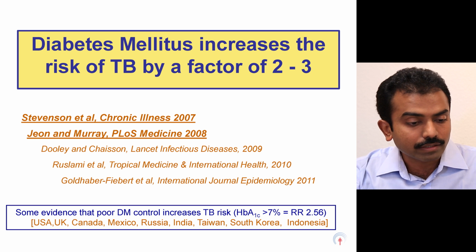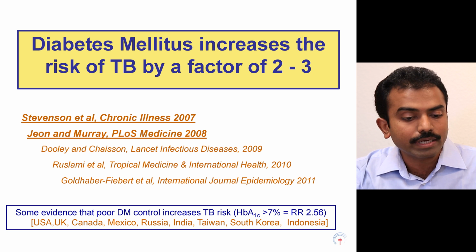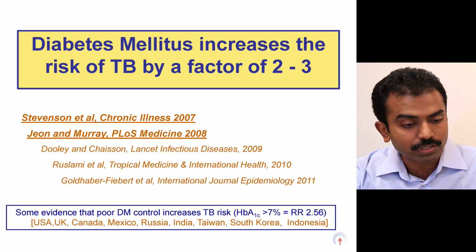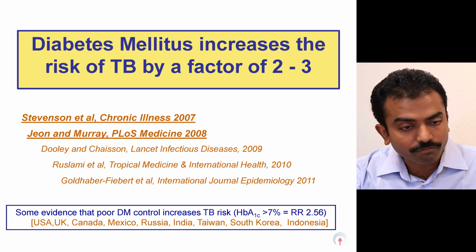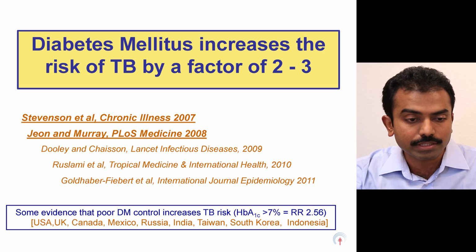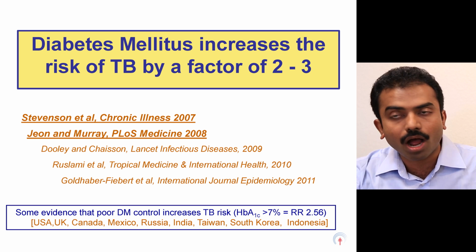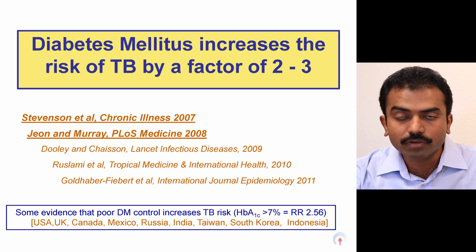And not only that, there is some evidence that poor glycemic control among diabetes patients further worsens the risk of tuberculosis. And in addition, what's not shown in this slide but is now a well-known fact is that people who have both tuberculosis and diabetes mellitus have poorer outcomes. There is a delay in sputum conversion, there is an increased risk of death, and there is an increased risk